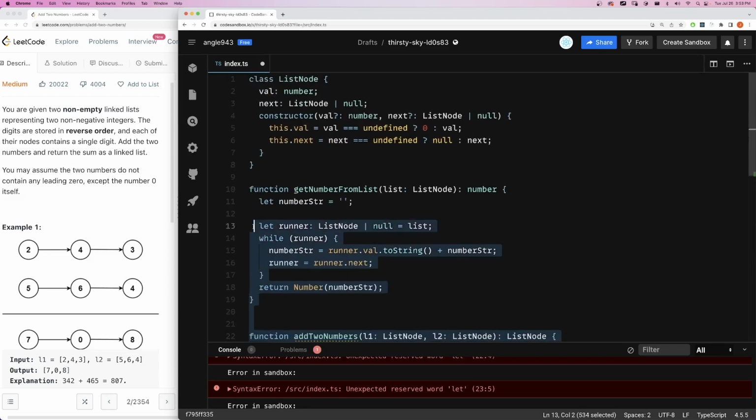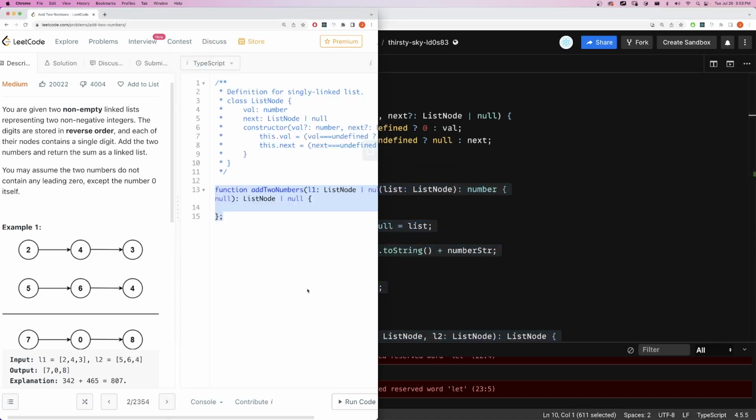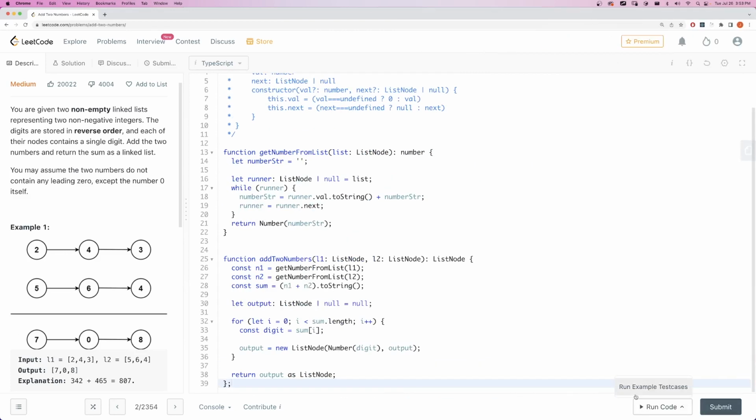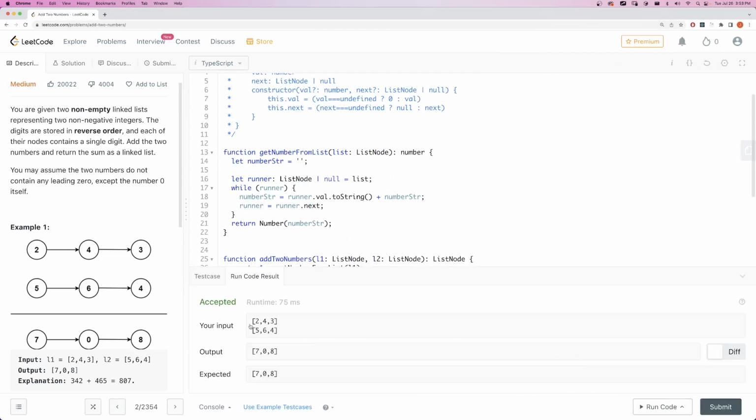Let us copy this, both functions, get number from list and add two numbers. Just make sure you don't copy this class list node. Paste it here. And if you run the code, let me just zoom in here. If you run the code here, it should pass. So this has passed. Now, if we submit now, we're going to see something very interesting